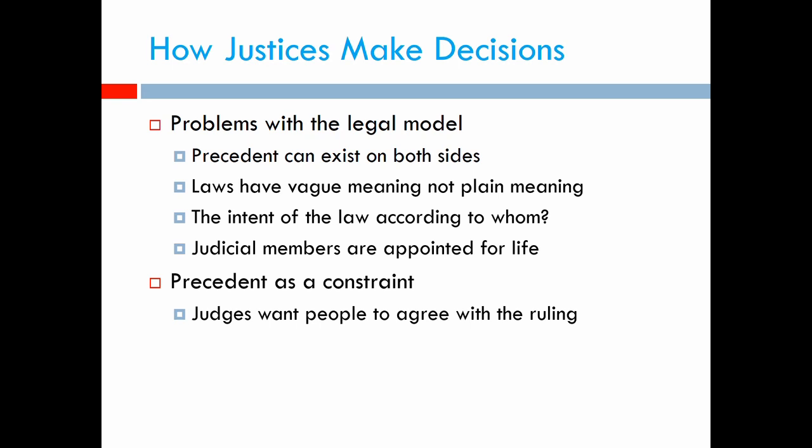There's a famous line about the Supreme Court that the justices have neither the sword nor the purse. What that means is that if the president wants something done, or wants some policies, they have the military. If Congress wants things done, they can fund things or they can refuse to fund things. The judges make a ruling, and that's the end. They can't enforce the ruling. Other people enforce the ruling. And so people have to agree with the rulings. And so at least through the argument of precedent, they can say, hey, we're just following the way things have been, and you should agree with this.